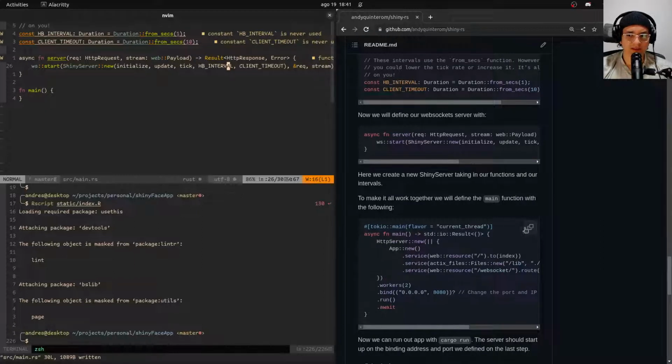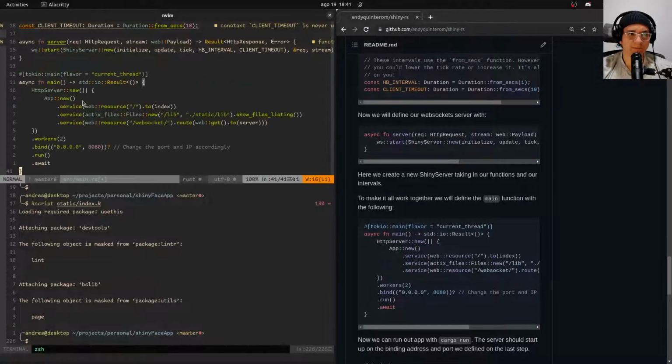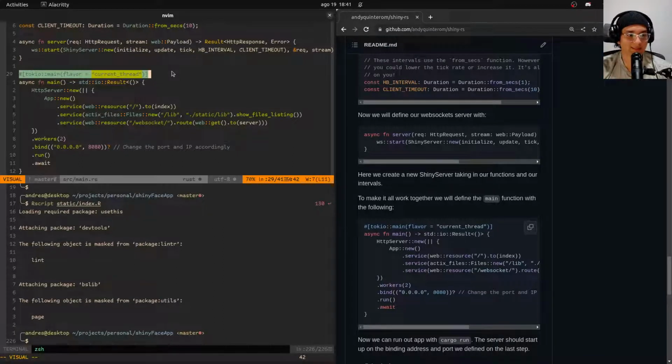Then I'm just going to create my HTTP server. I'm going to literally copy this, and here you can see tokio main flavor current thread, so that I can create an async session. And I'm going to start my HTTP server. My services right here are going to be /, so the root of the URL will bring me to